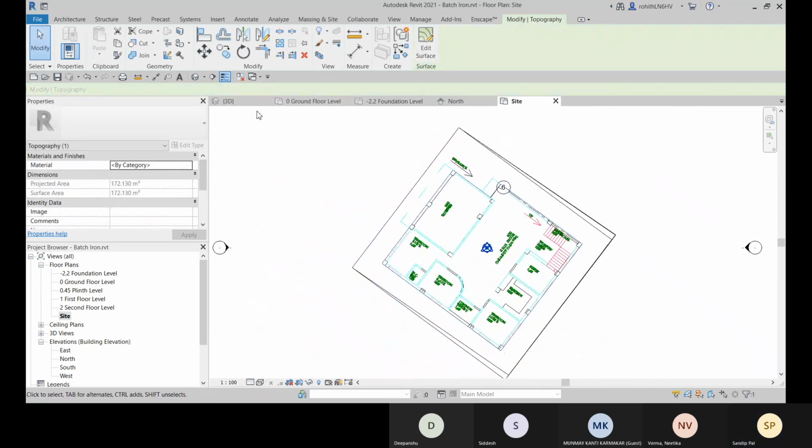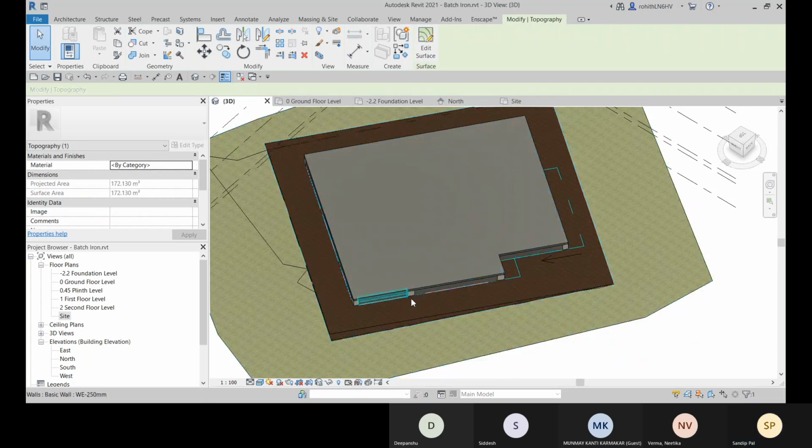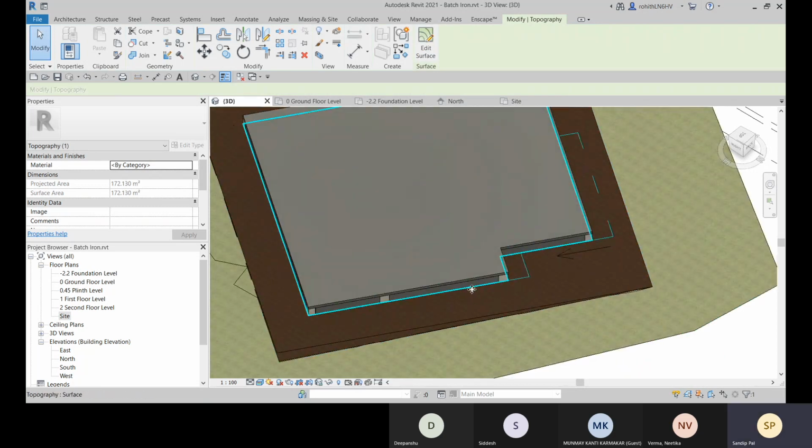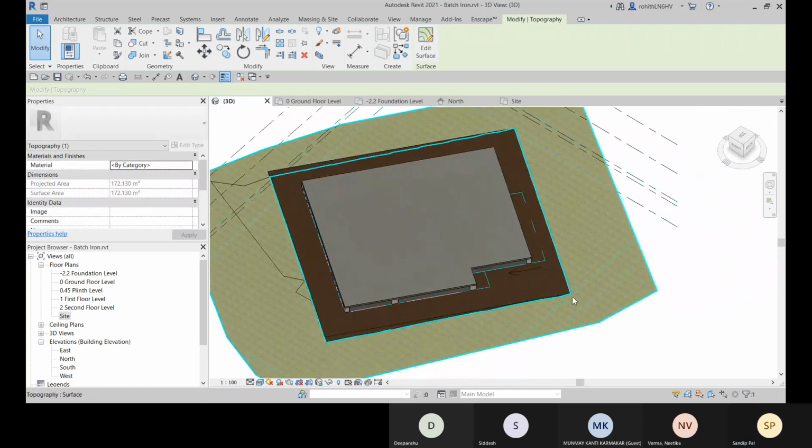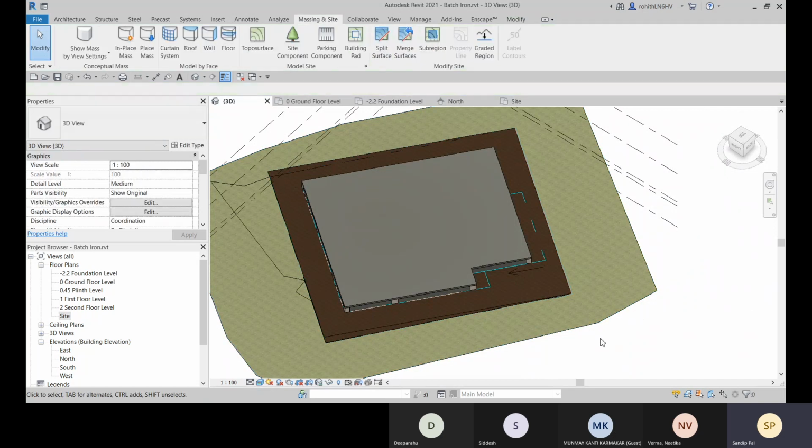Okay, that is created. And there you can see that is another surface which is created. All right. That is another surface which is created, and right now that is selected. And then you can go for delete.